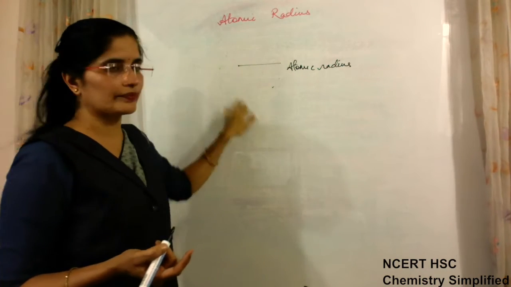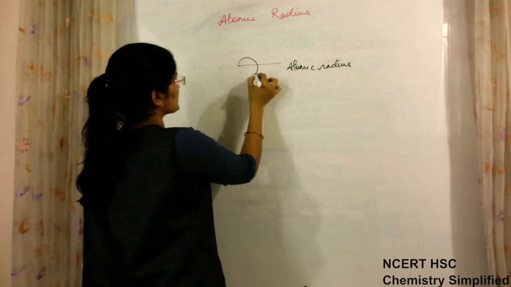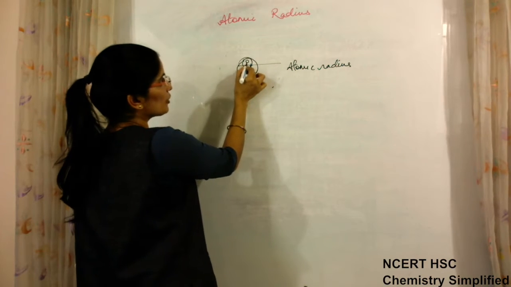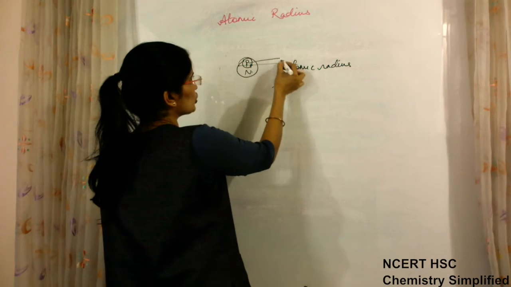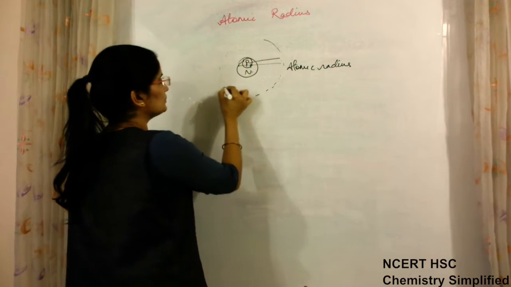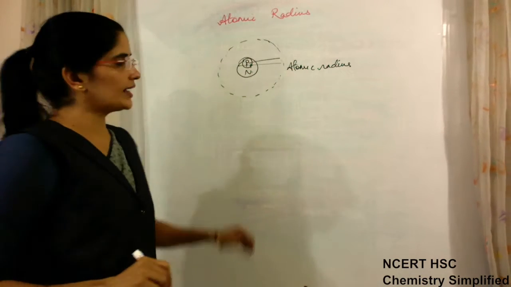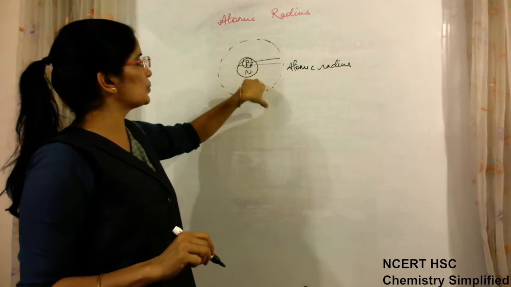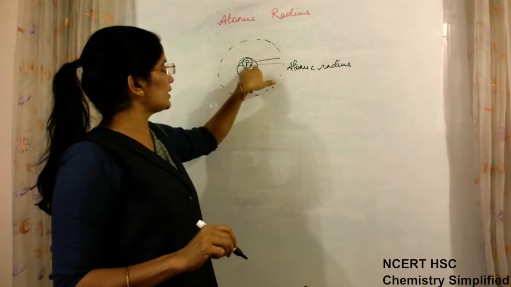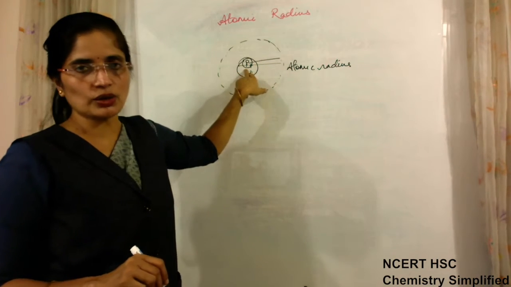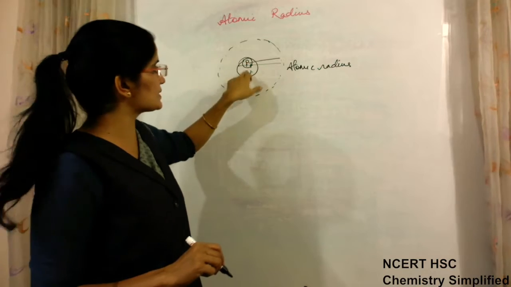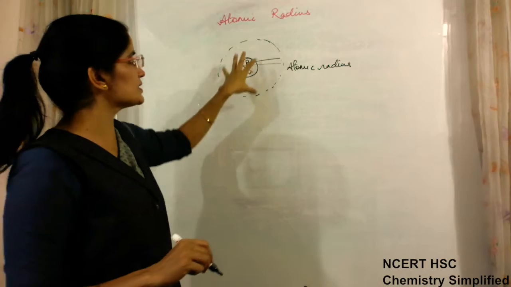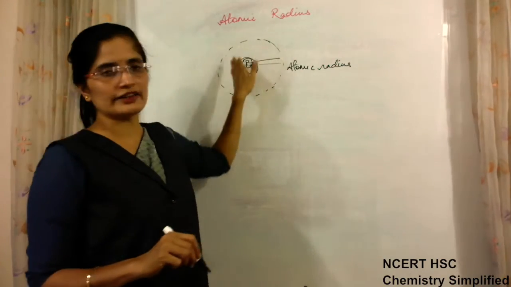What exists is a nucleus, proton plus neutron, and depending on the number of protons, the attraction charge is felt near the nucleus. This diffused cloud around the nucleus, up to where the electrostatic force of attraction of these protons is experienced, is actually known as the sphere of the atom. So it is not a well-defined boundary.